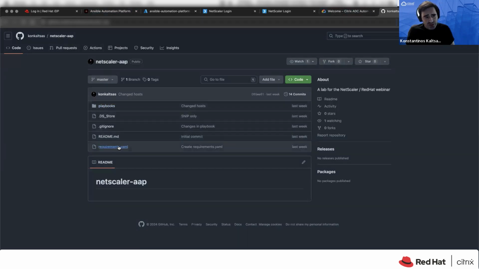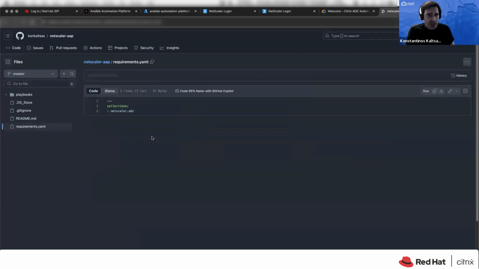And as you will see here in my requirements.yaml file, I'm specifying the collection that I'm going to use. And the collection is the netscaler.adc. I will log in afterwards also on the automation hub to show you where the NetScaler ADC collection is.